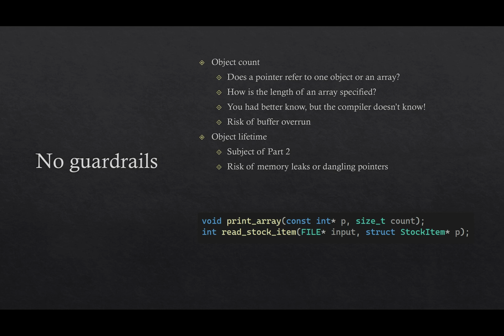Now you may have an additional parameter that specifies the count, for example, or maybe it's just documented that this is a pointer to an array of some constant size, or maybe it's just a pointer to one object. The only way to know that is to document the code, and it's up to you to ensure that you don't read or write past the valid memory range. The compiler can't really enforce that, and so this creates a risk of buffer overrun, which means that it's possible to actually read or write to memory addresses that are outside the bounds that are valid for you, and this leads to what's called undefined behavior,